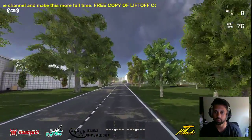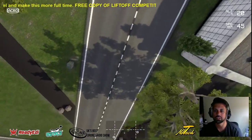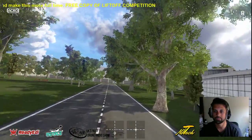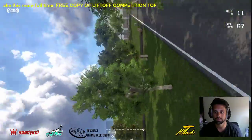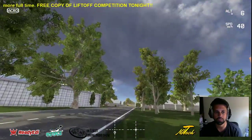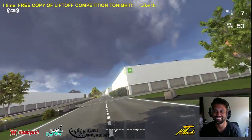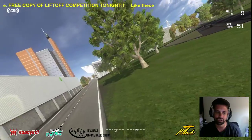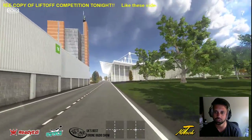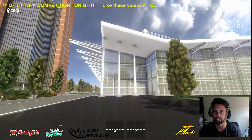Just do a little warm up here and then we'll start talking about stuff. This feels a bit choppy to me. A lot smoother than my PC, says Gigawatts. Well, if you guys are cool with it and this is decent enough for you on the stream, then I'll stick with it because it's a bit more of an interesting place to fly around